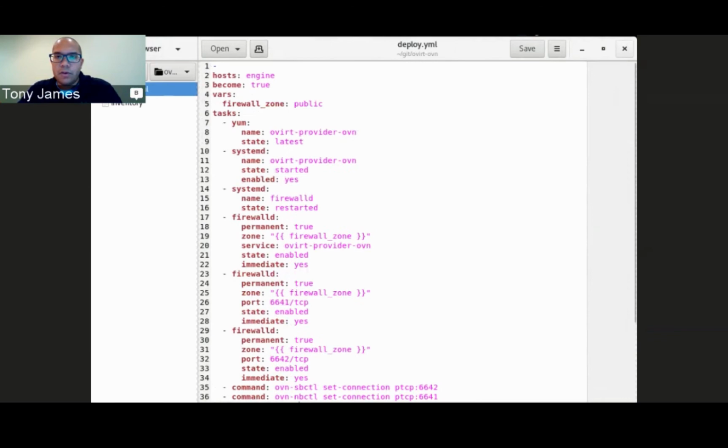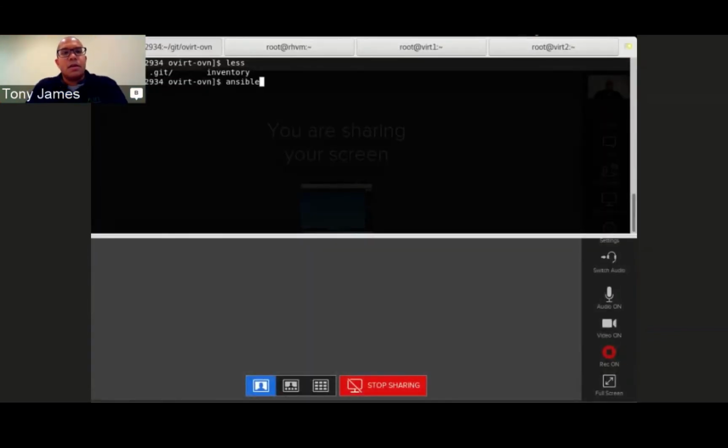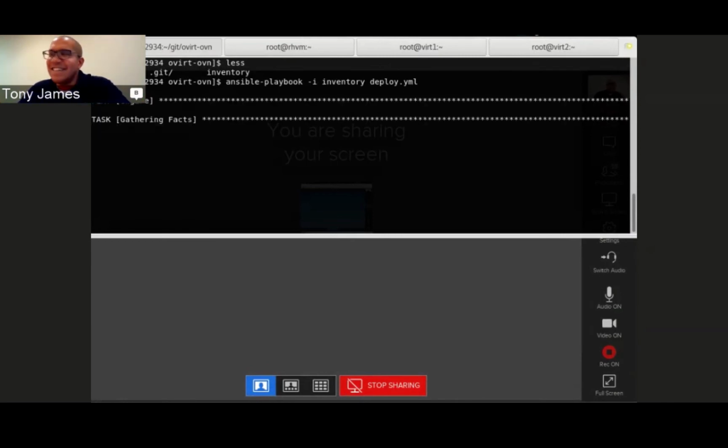So without further ado, let's go ahead and run this playbook. And cross our fingers. It's pretty quick to run. As you saw, it's only installing like a single package on each group of hosts and then restarting some services. And all of my repos are actually hosted locally to my laptop too, so things should download and install relatively